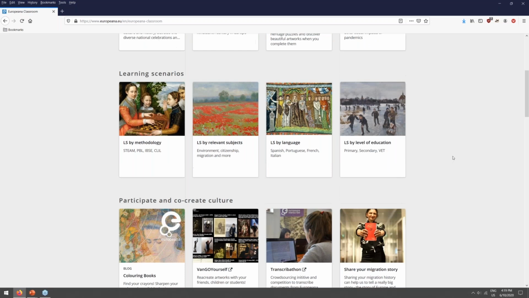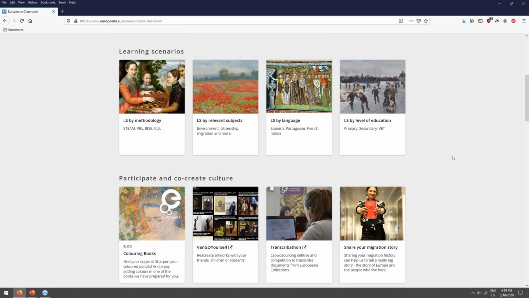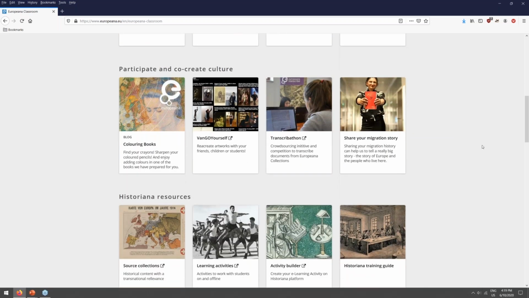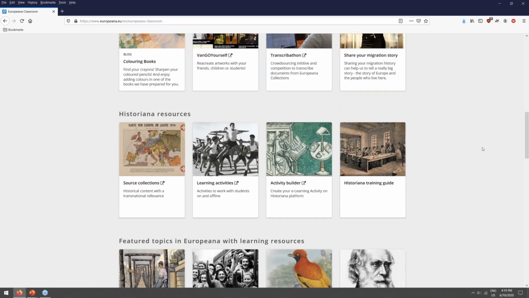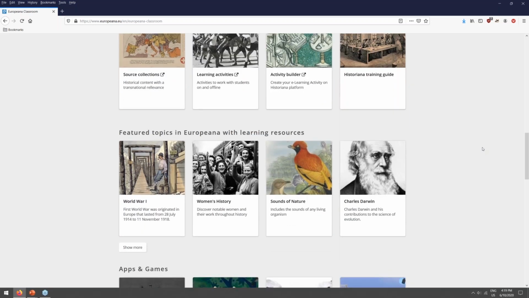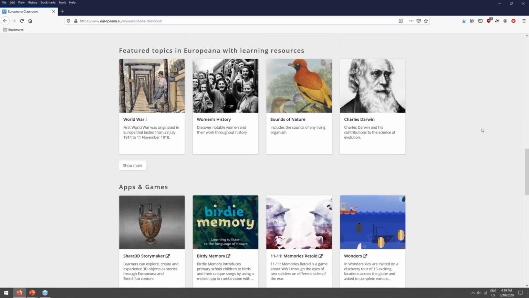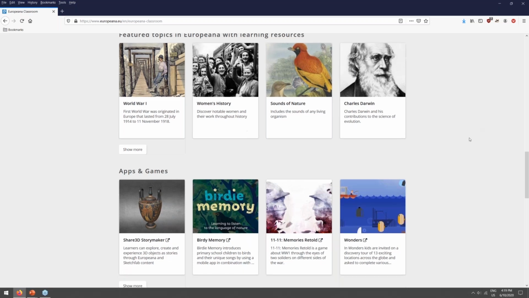A little bit further down, we see things like learning scenarios, which are active learning activities, which allow you to choose relevant subjects, and even by grade level as well. And then participation in co-culture and Historiana resources, etc. So this is going to be more of how to engage with the community of Europeana using these resources. Because as a teacher, if you do compile active learning scenarios using any of these materials, you do have the option of creating blog posts or other sorts of multimedia that allow you to share how you've used this material